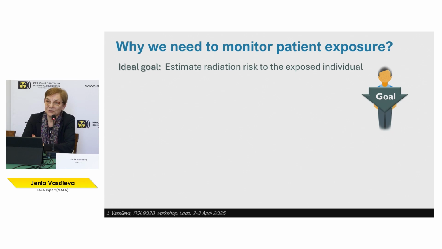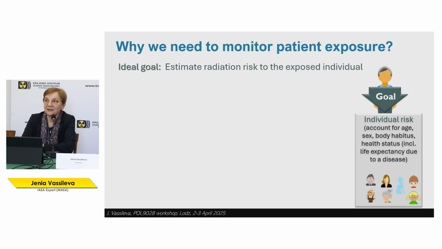Maybe that will be in future, and that's the future developments we are moving into, but we are not yet there because radiation risk itself depends on not just the dose, it depends on many other factors like the age, sex, body habitus, health status. So we need to account for all these factors to be able, based on the dose, to estimate risk. So we have instead, in reality, because individual risk is unknown or unknowable, in reality we have a spectrum of those quantities